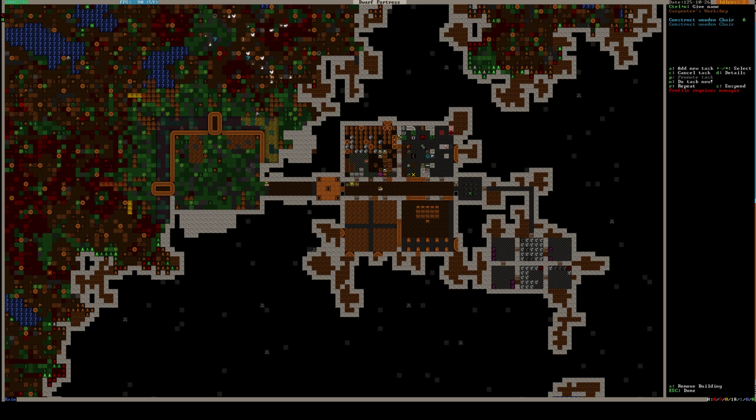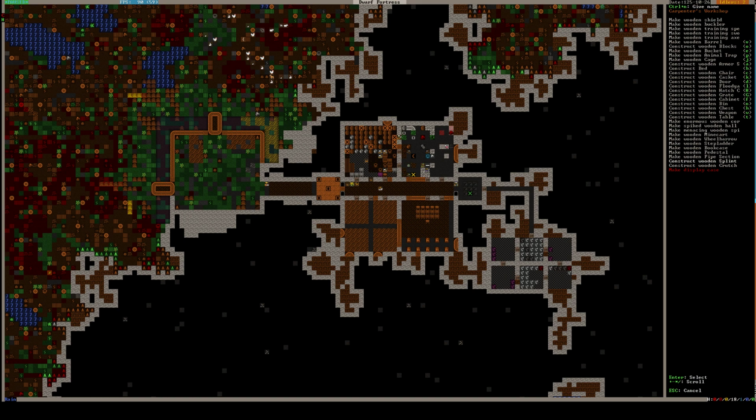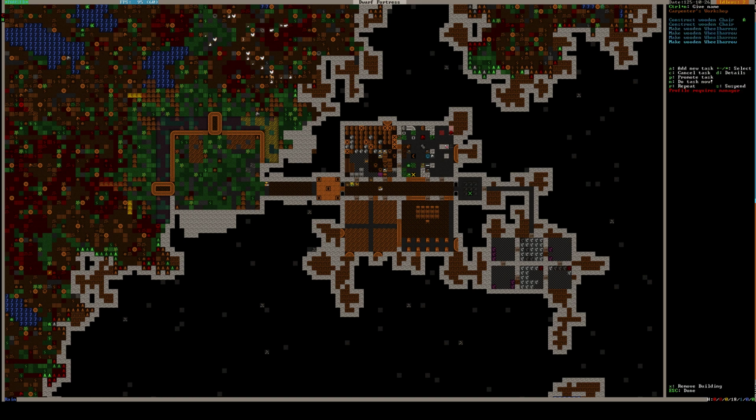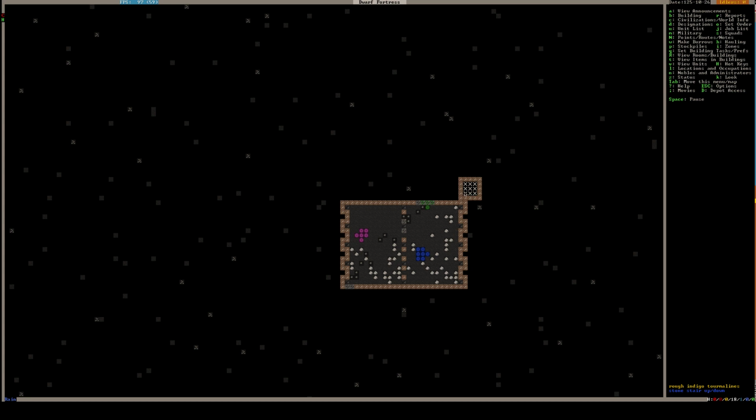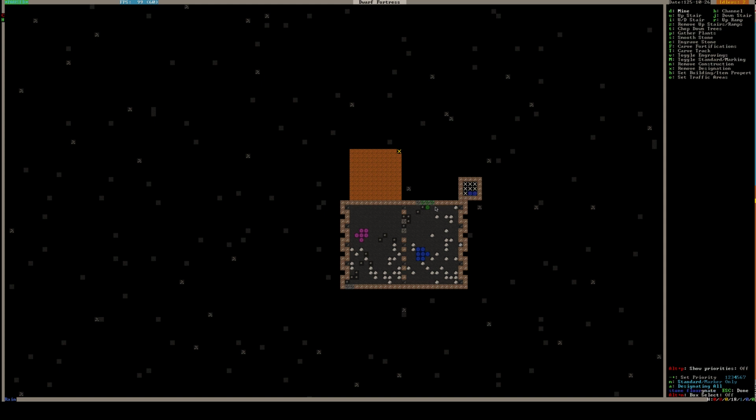Once you're done here, I want you to start building a lot of wheelbarrows. We're gonna need to clear the stone out of these stockpiles so that there's room to put our stuff in it. So to do that, I figure we'll just go ahead and make the stone stockpile. This is totally not really going to be big enough, but...